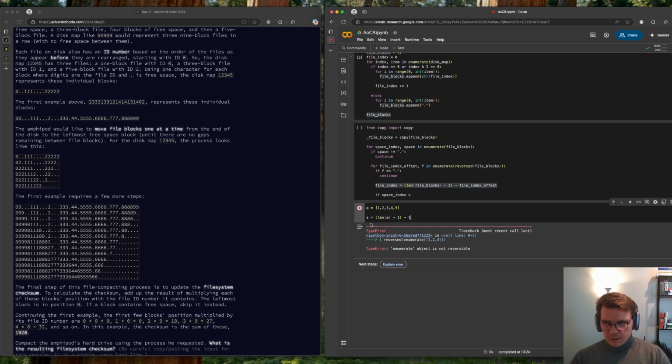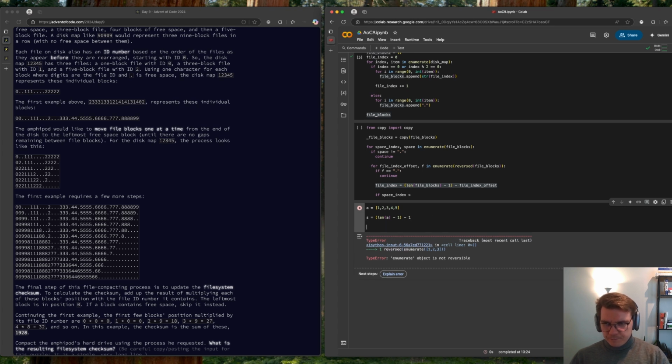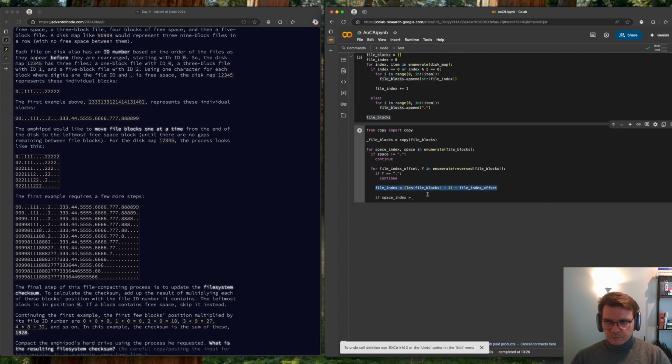1. So we should get the A from S. We should get 4. Yes, correct. So it should work. So now we have the file index. So if the space index is above the file index, we can just